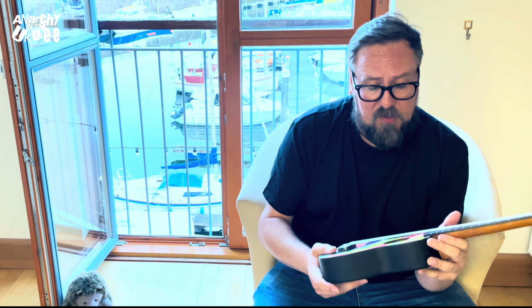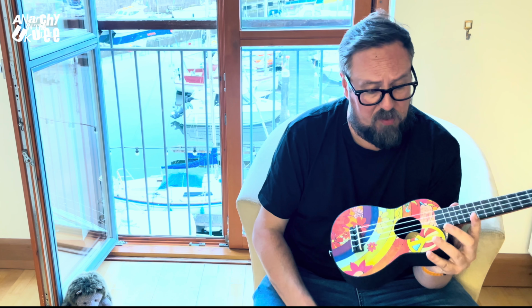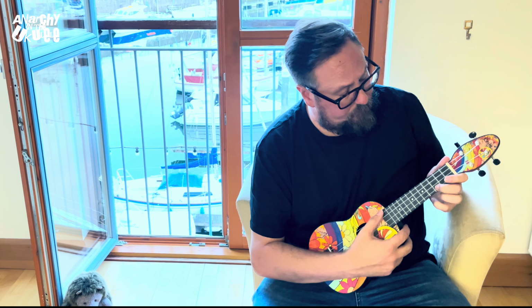It's a little bit more pricey than the flights. They're currently retailing anywhere from around £45, I've seen them, to around £65, so you can get a bargain out there. This to me feels a little bit more like a proper instrument. Aquila strings on there. There's not a lot more to say about the spec other than lots of different designs, so have a look on the website, see all the different designs. Playability wise,